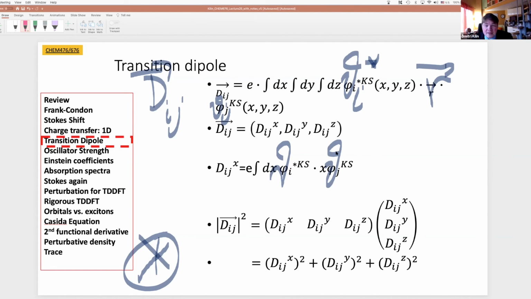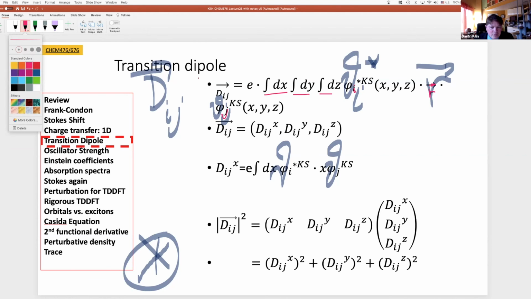So if we practice not the static dipole from the previous slide, but the transition dipole, which is needed for the absorption spectrum, then we also do a three-dimensional integration over x, over y, and over z. And instead of the same orbital, instead of charge density, we have different orbitals, i and j, and we put the position operator between them. So this equation